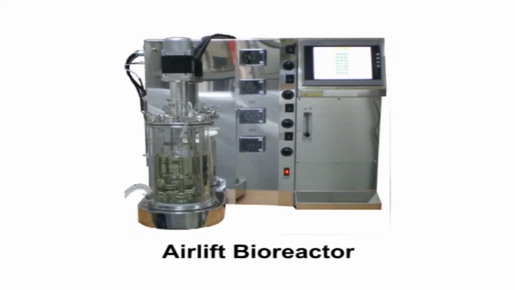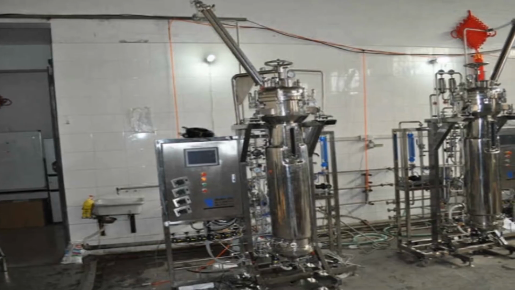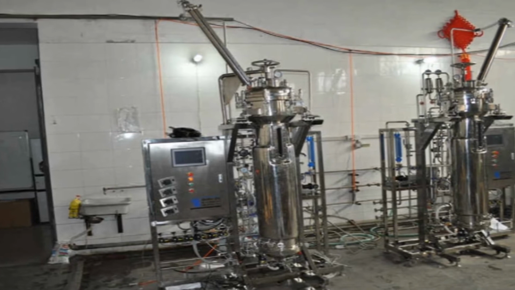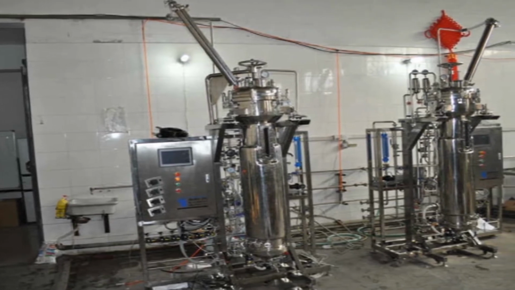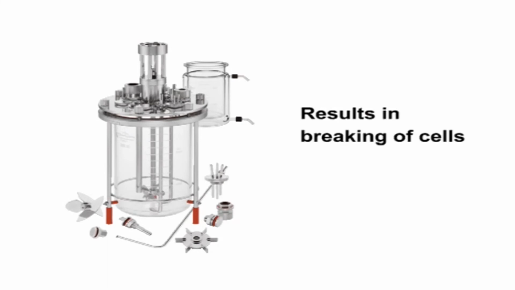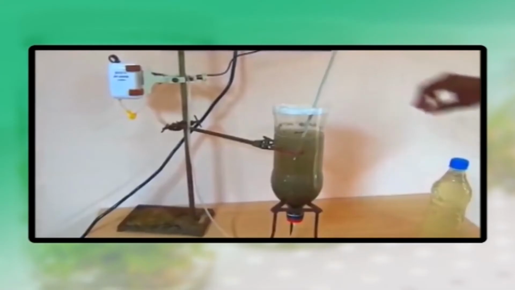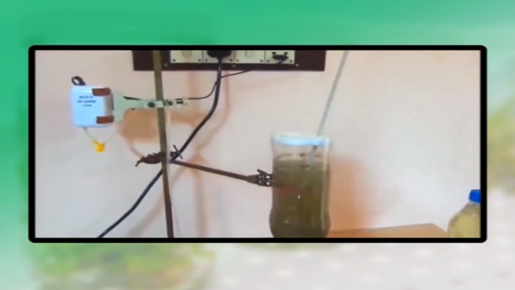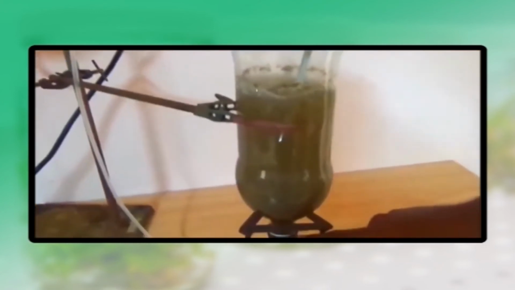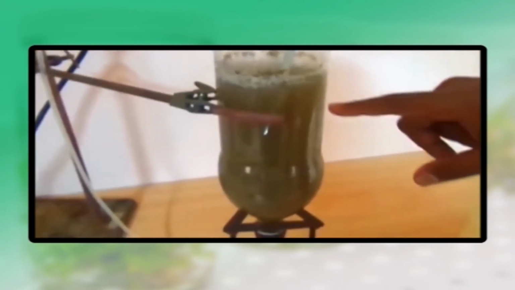The suspension culture can be cultivated in specially designed bioreactors such as airlift bioreactors for the mass cell cultures for the production of plant secondary metabolites on industrial scale. Normal bioreactors with mechanical stirrer cannot be used in plant cell cultures because it can result in the breaking of cells and thereby the cell viability can be drastically reduced. Whereas the airlift bioreactor can provide both stirring and airflow to meet the high oxygen demand.